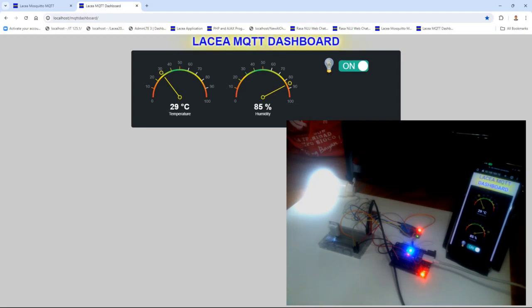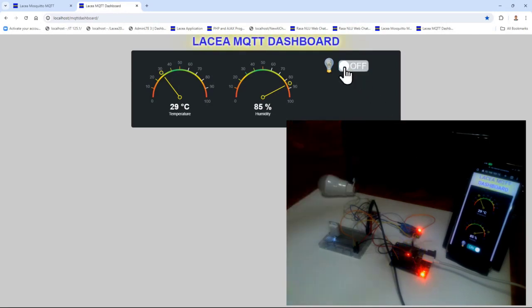It may be delayed, but still it will update the status of the LED bulb. By looking at the smartphone, it is turned on.